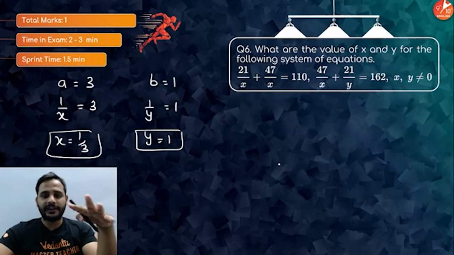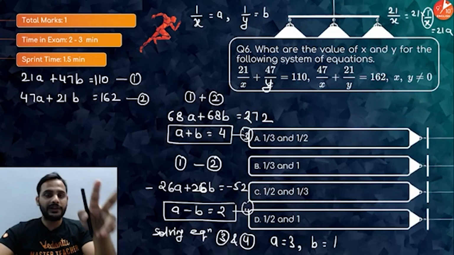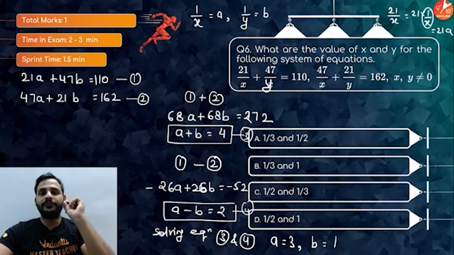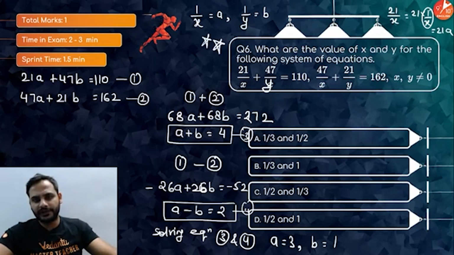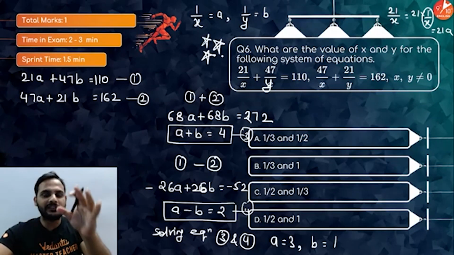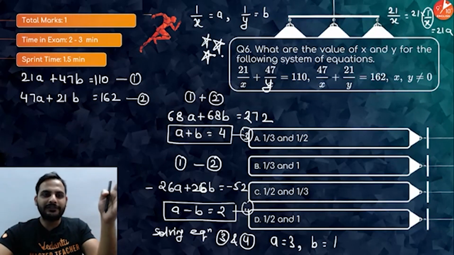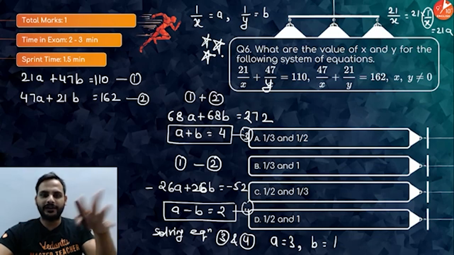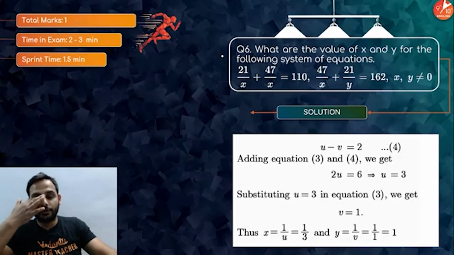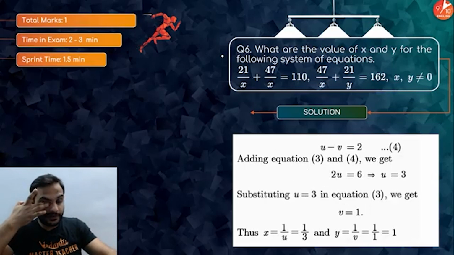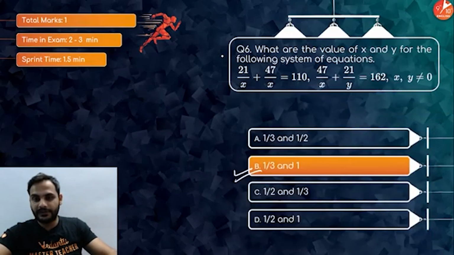Alright. So this trick will only work for those equations where the variables are interchanging. Very good trick it is, guys. Very good question. Please don't forget. Otherwise, just imagine how big your calculation would become. 21 into 47 plus 47 into 47 plus 110 into 47. Same way, the bottom also you will multiply by 21, and then you'll eliminate something. It's going to be very difficult. This becomes easy. So this trick works for those questions where the variables' coefficients are interchanging. All right. Okay, let's move ahead.